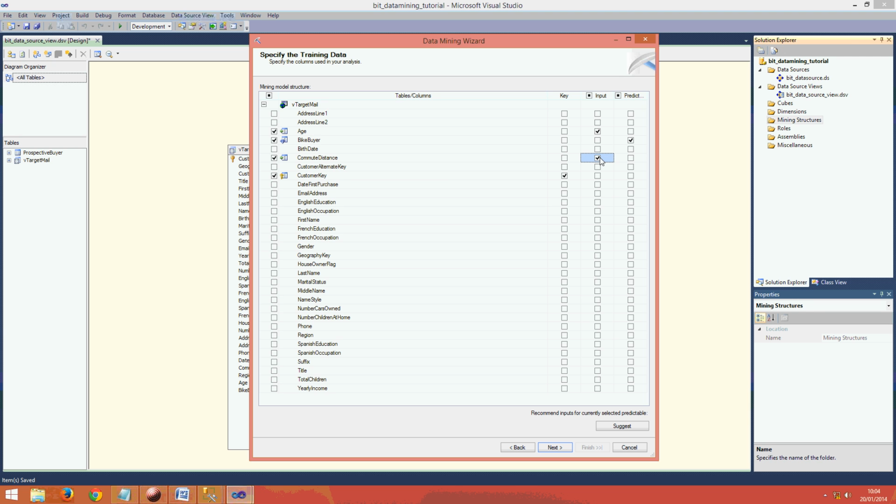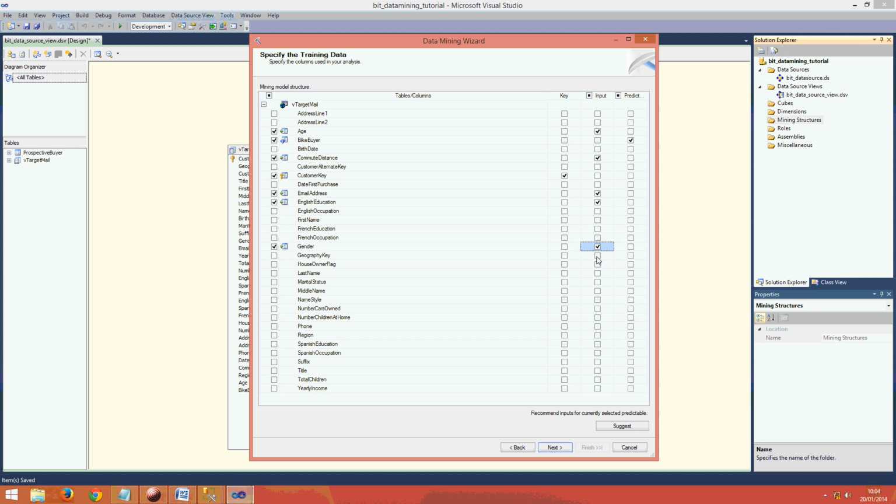It means that we are going to look at the distance from home to work as an input column. Maybe this influences people in purchasing a bike. And I'm going to fill in here with English education as input, English education, gender is an important factor,